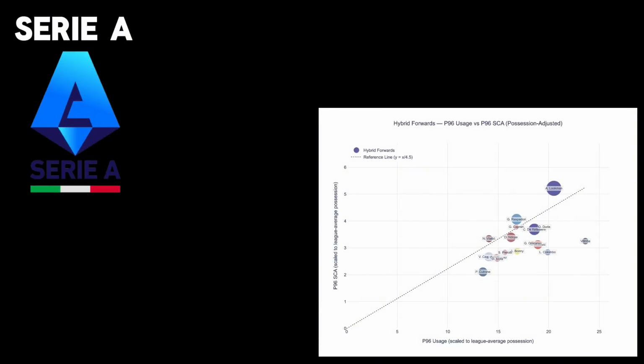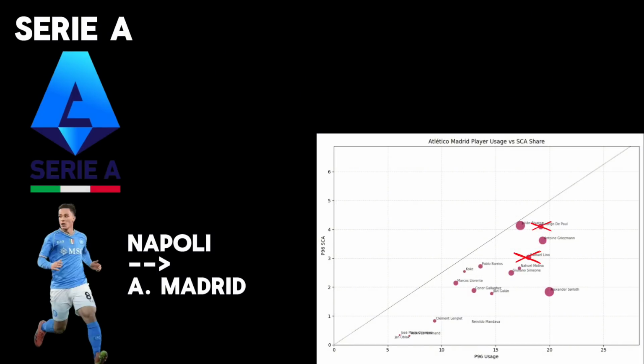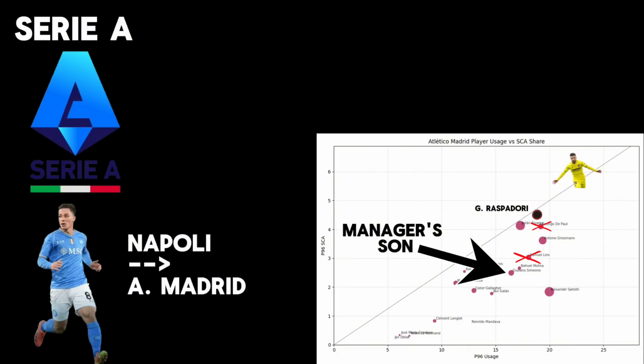One move I wasn't sure about was Giacomo Raspadori to Atletico Madrid. I mentioned previously that Atletico had a big clear out. They brought in some heliocentric players to be creators like Alex Baena, and Raspadori doesn't use too much of the ball, and he has a good eye for goal. The unique thing I'm worried about with this transfer is that Raspadori will be competing for playing time with his manager's son, who plays in the same position in almost the same way. I wouldn't want that to be me.